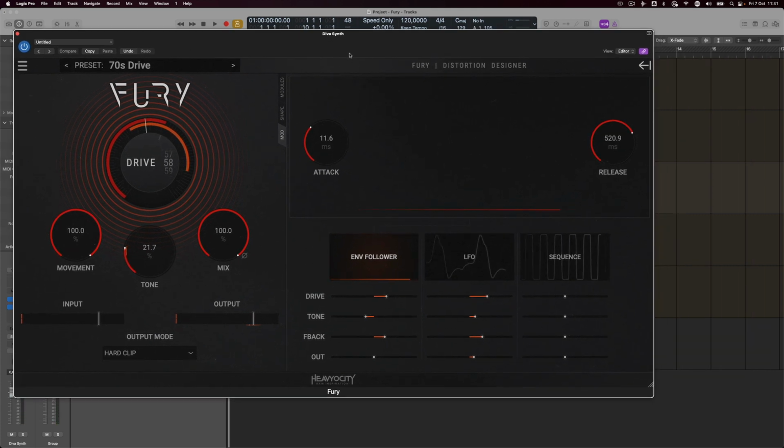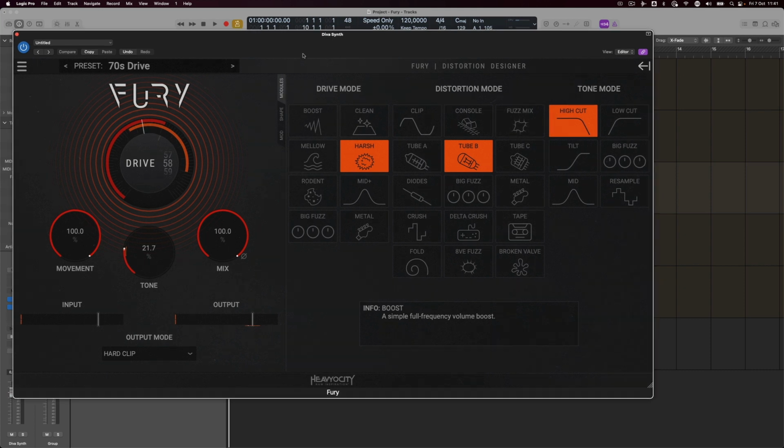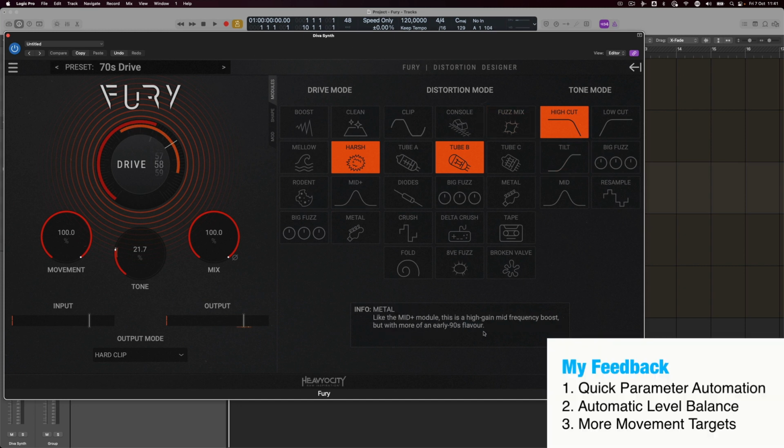Okay, so pretty much I went through all my favorite things here. I have some constructive feedback which I would improve if I had the ability, which is I haven't found a way to right-click or even hold down, you know, Control-Alt or something to do a quick automation of any parameter, especially these kinds of parameters to dial the mix in and out, whatever. I would like that. I would also like some kind of automatic level balance, so if I go through the presets, just a lock mode or something,